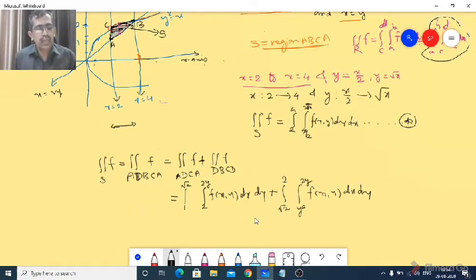So this is how we can evaluate it. First of all, we express the integral as a repeated integral. Our regions S1 and S2, first we have to break the region like this. Either you evaluate this integral, double star, or star, the answer will be the same. The star integral is easy to evaluate, so we will evaluate integral star.